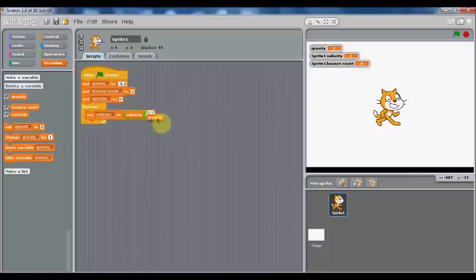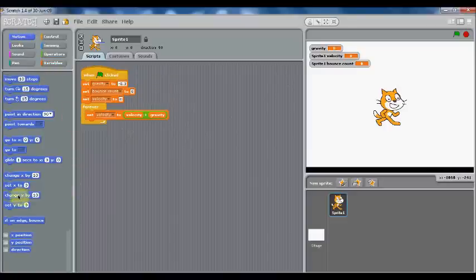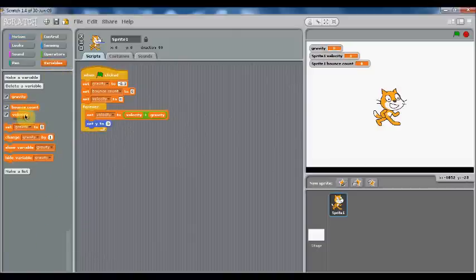So velocity plus gravity. So basically what that's doing is his current velocity is 0, and he's going to plus on the minus 0.3, and if you plus on the negative, you're going to minus instead. So he's basically setting his velocity. Well, you'll get the general idea. So then what we need to do is go into motion and then set y to his current velocity